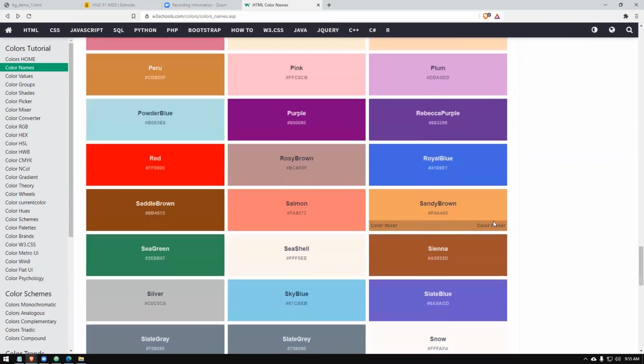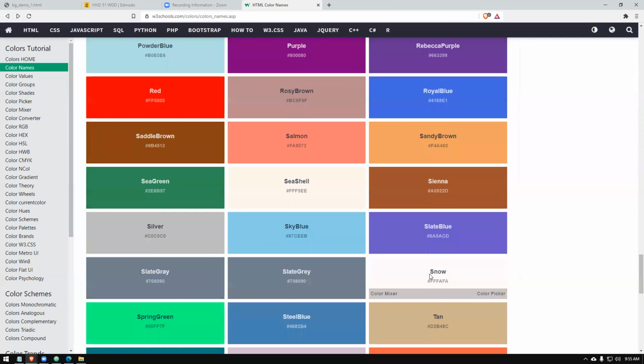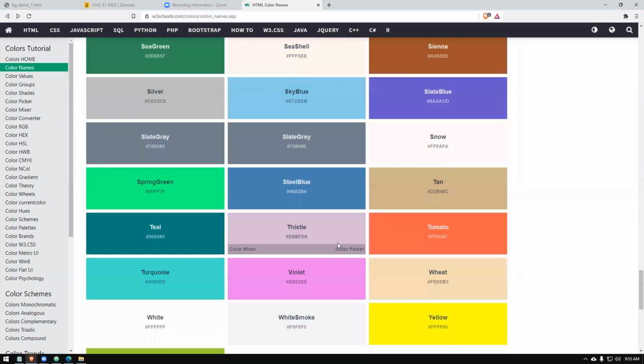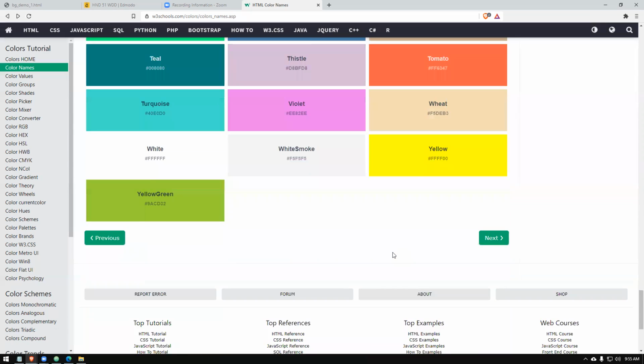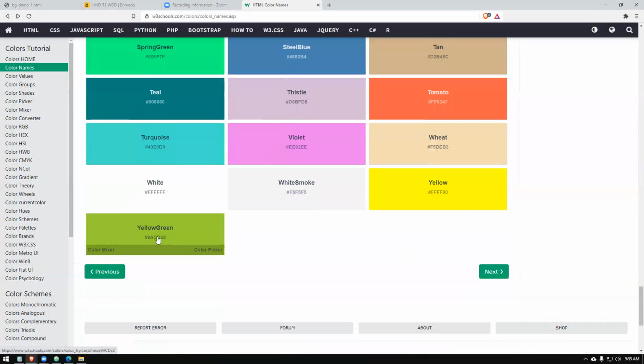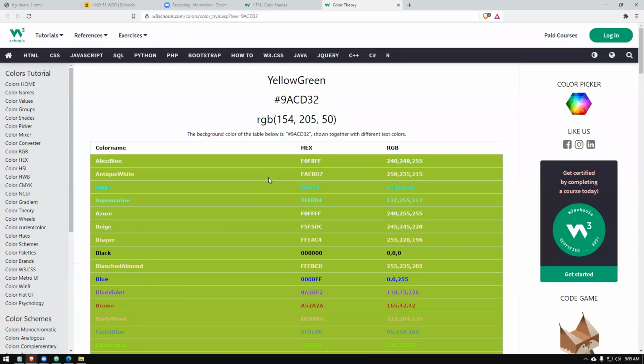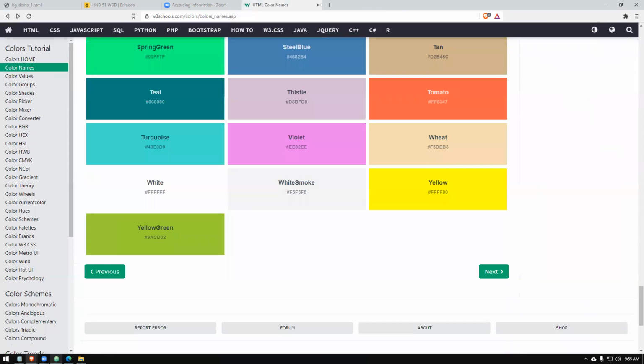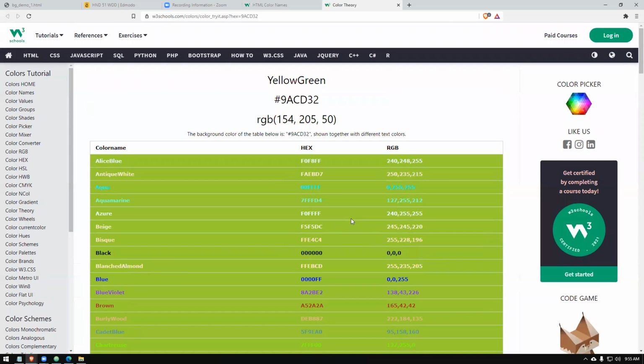If you like this, let's take this kind of green. The name is yellow green.